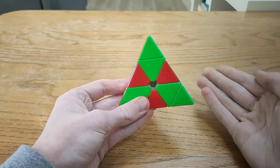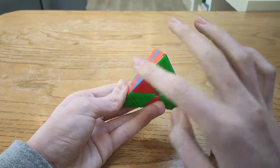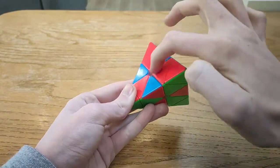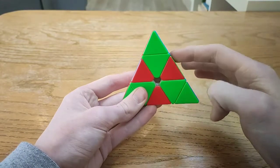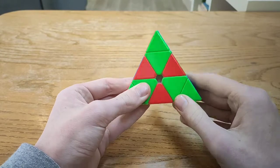In this case, you have three pieces on the top that need to be moved round to the left. So these reds need to be moved round to the left here. You can hold the top and bottom any way you want, and the algorithm is